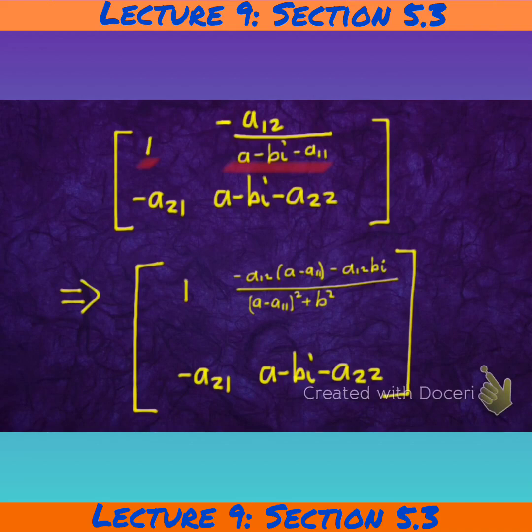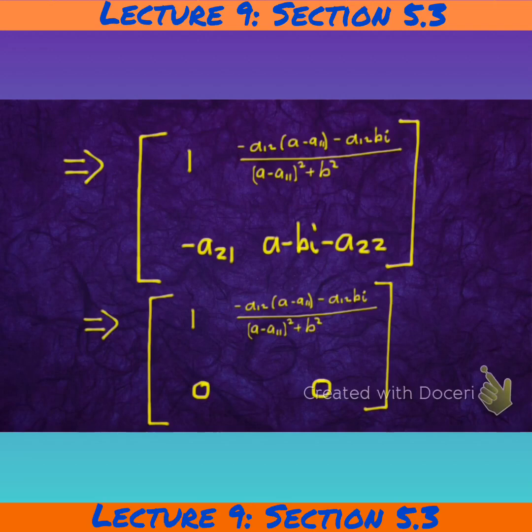So now we can eliminate this term here. We can make it a 0, and we can also make that a 0. So we can further reduce this matrix,